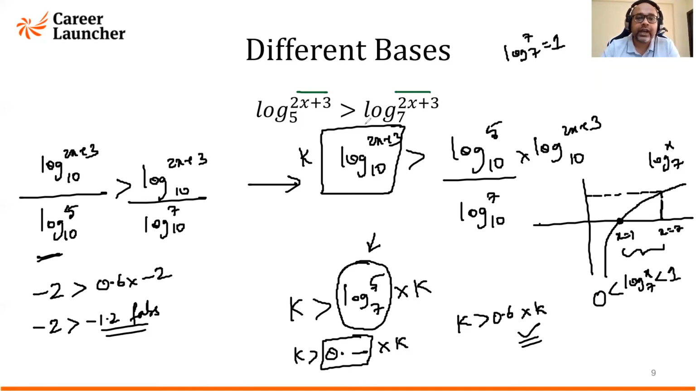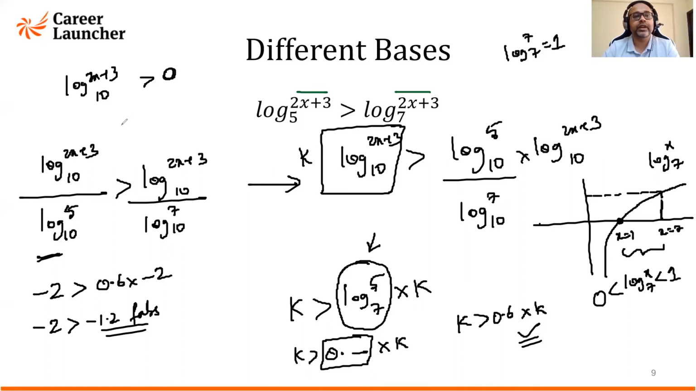Now the reason why I asked you not to cancel this log (2x + 3) and log (2x + 3) is because you do not know the sign of it. In inequalities, before you cancel something, you have to be careful about the sign. If you're cancelling out negative terms, then the greater than symbol will reverse. That is the reason why we did not cancel. Now we established that k is positive,